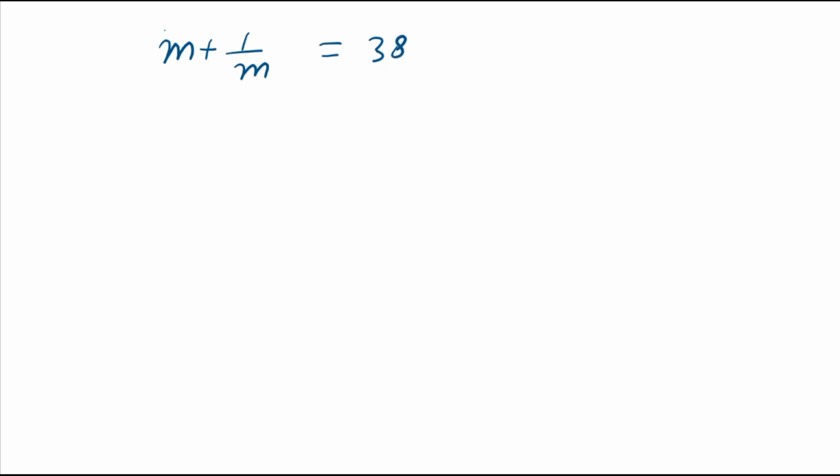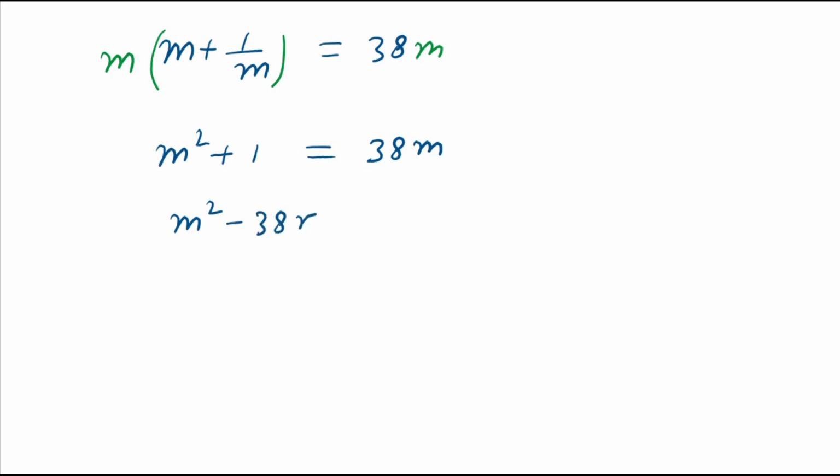Now multiply both sides by m, and the right hand side is also multiplied by m. This m is multiplied by m, so we get m², and this m is multiplied by 1/m, so you will get 1, and this is equal to 38m. Then here m², if we take 38m to the left hand side then this is −38m, and this is +1, if we take it to the right hand side then this is −1. Now if we add both sides